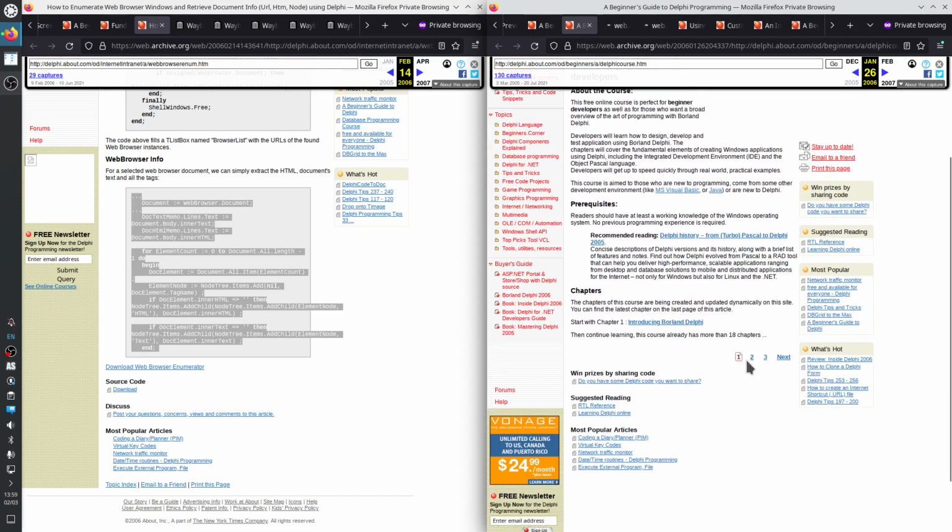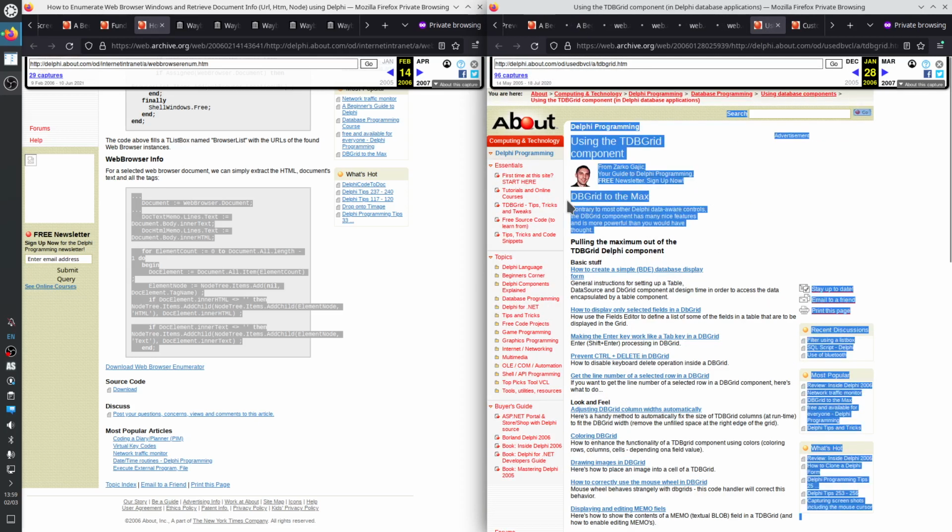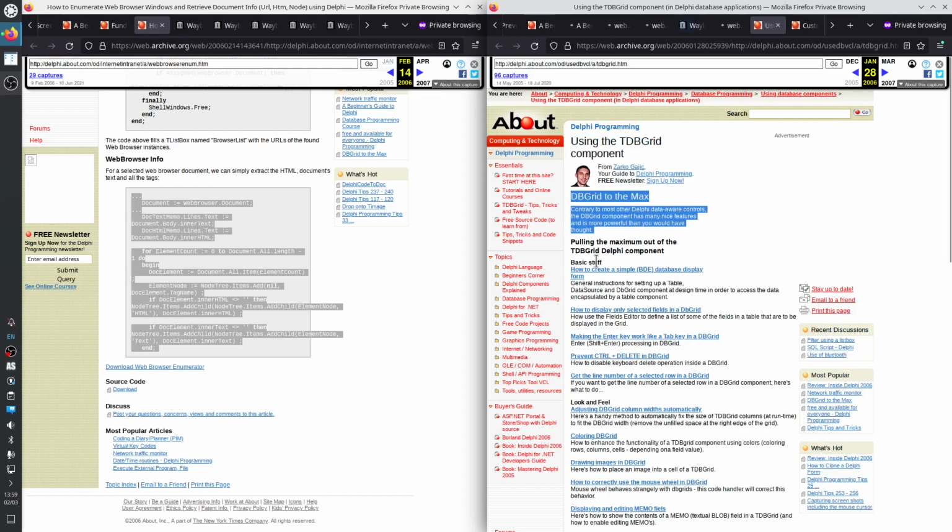Introduction to Borland Delphi. TDB grid component. BDE, the first step in your Delphi database applications, the engine from Borland Delphi. Engine for databases, table, data source, dbgrid.